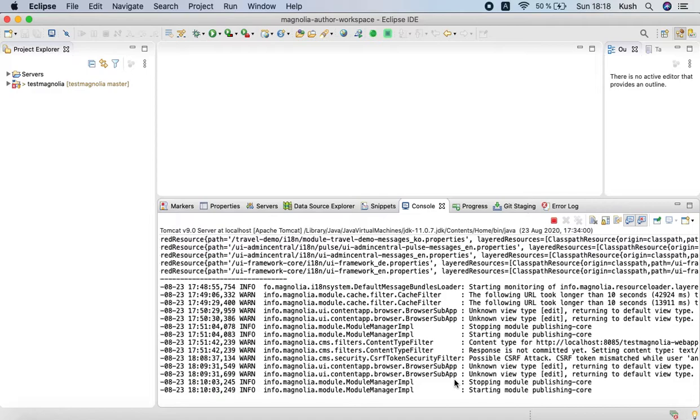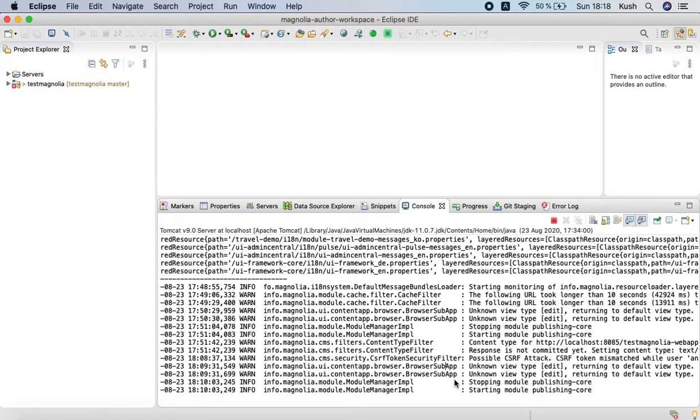So what I have done is I have pushed my code to GitLab, and I will fetch the same code from GitLab to the public workspace.